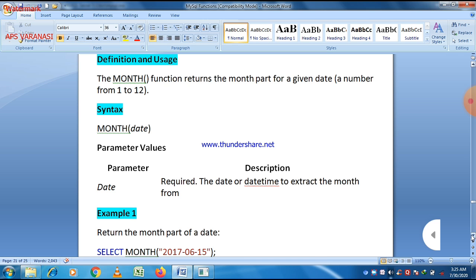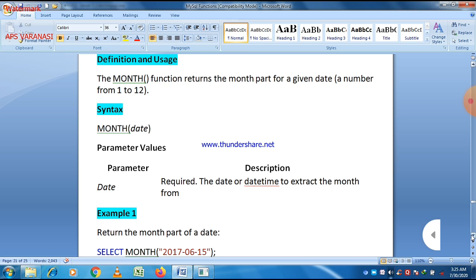And let us take an example. Suppose there is an example that returns the month part of the date. Just write select month 2017-06-15. It will give you a month, and month is basically from 1 to 12. So let us check it.